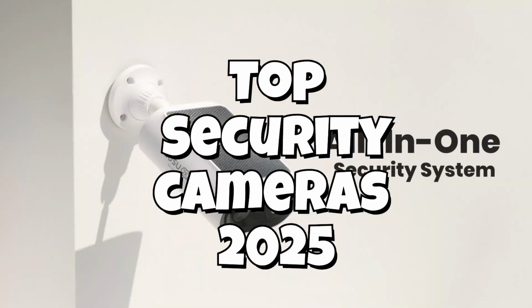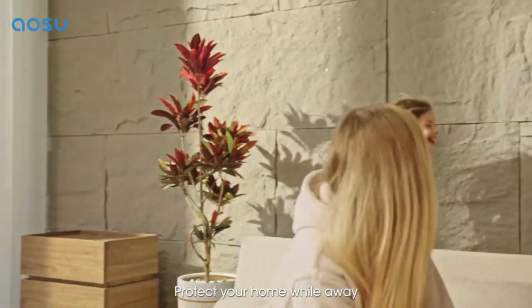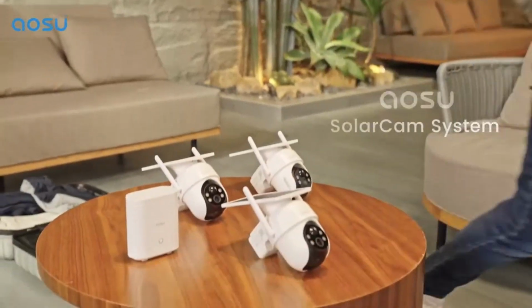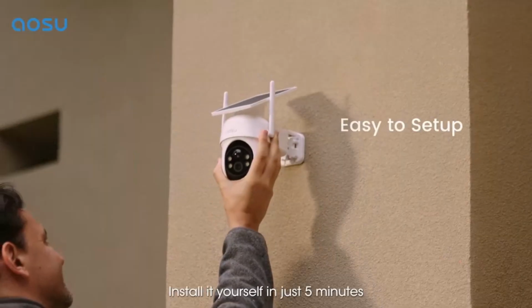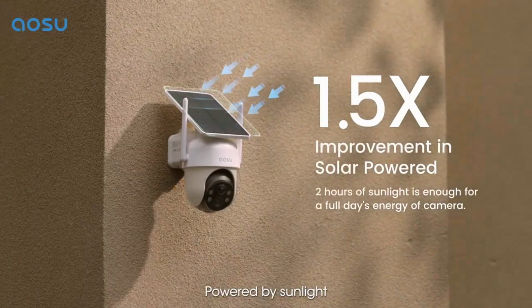From wireless outdoor security cameras with smart alerts to powerful home security cameras that deliver crystal clear footage day and night, we'll cover the top picks designed to protect your property. Whether you want peace of mind for your family or need the best outdoor security cameras for all-around protection, this